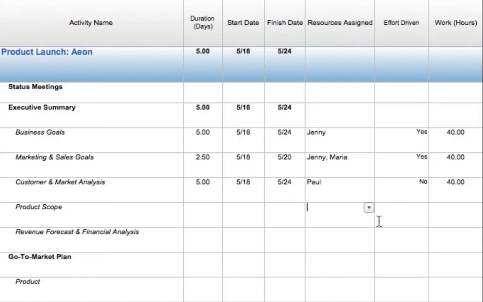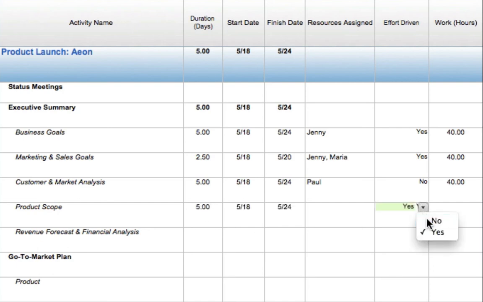Again, this is the same that we saw for our effort-driven scheduling. Our default is 8 hours per day times a duration of 5 days to give us that grand total of 40 hours. Now with fixed duration scheduling, the only time we'll see that work value change is when we begin to assign multiple resources or change the amount of effort that those resources apply. So again, just as we did with effort-driven scheduling, let's go ahead and create a second fixed duration task. Come over to our duration, enter 5 days,